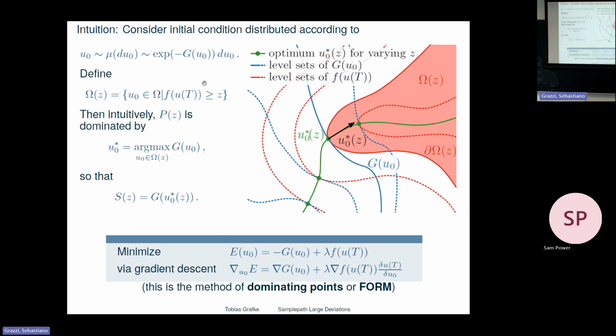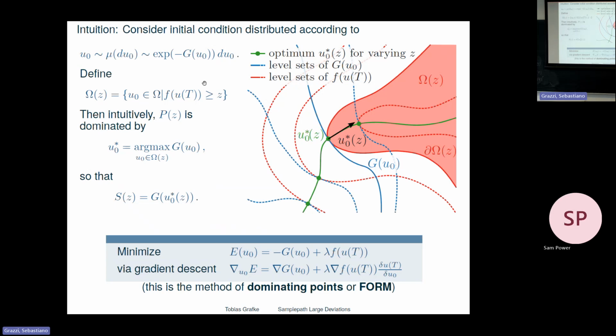So in some sense, philosophically, this is still the same thing. I care about the most likely of the rare events. But here, this is all viewed as a dominating point that dominates some integral. Of course, it boils down to the same thing, in particular, if this is some kind of Banach space and this point actually corresponds to a whole Brownian motion. Then this would just be Schilder's theorem again.